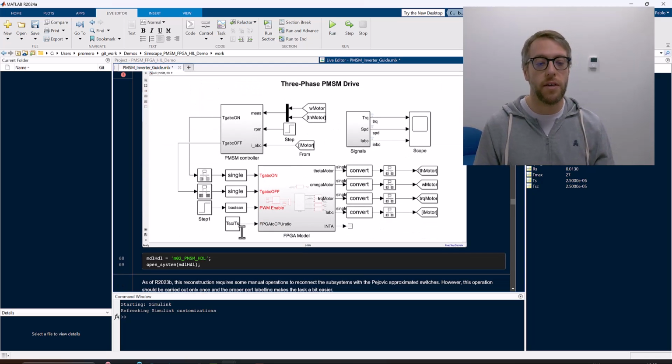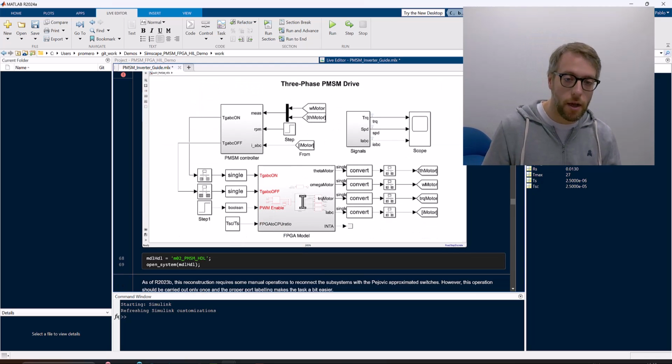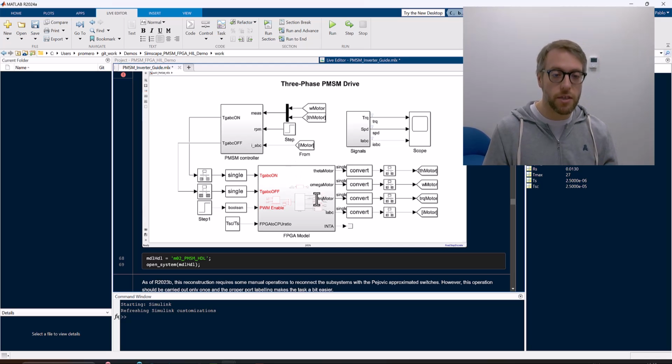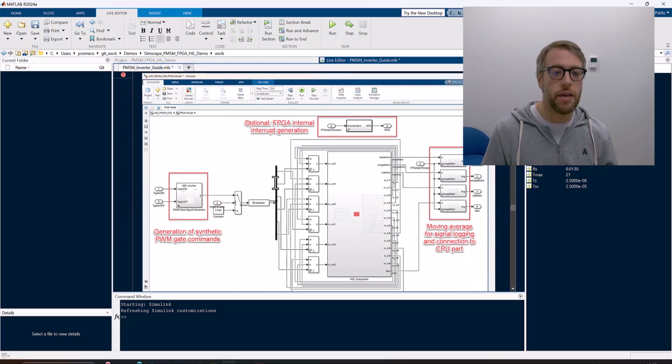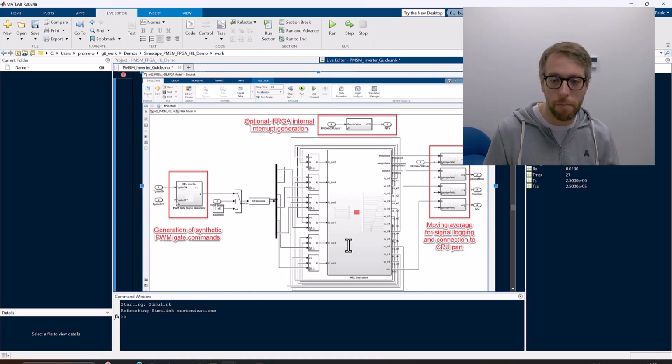So here we have the second model, which represents the original one, but now everything is HDL code capable. So basically, if we zoom in, we will see that now our FPGA representation contains the plant model, of course, so the inverter and the motors are represented in here, but we have some other subsystems that will help us